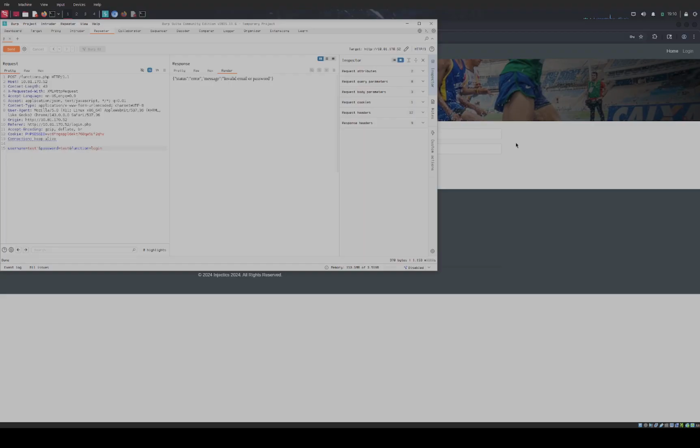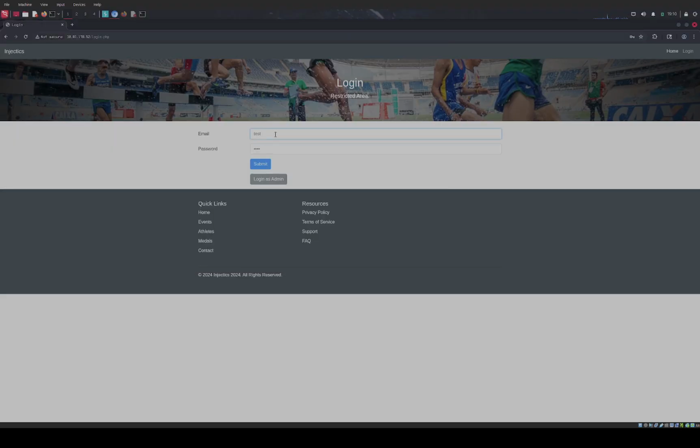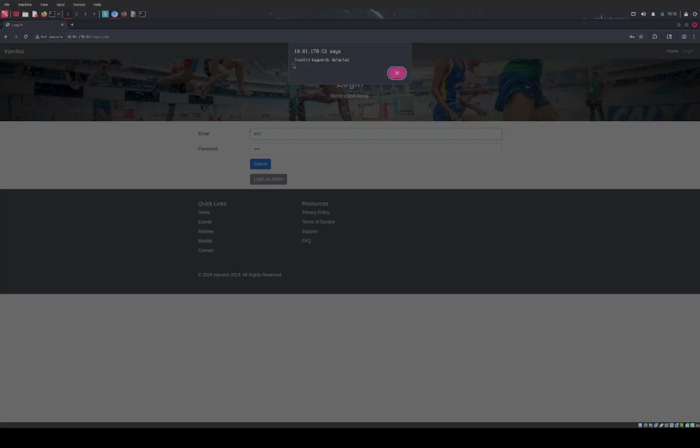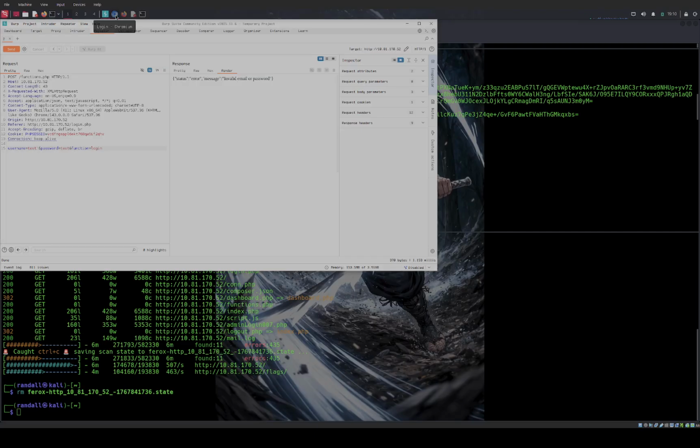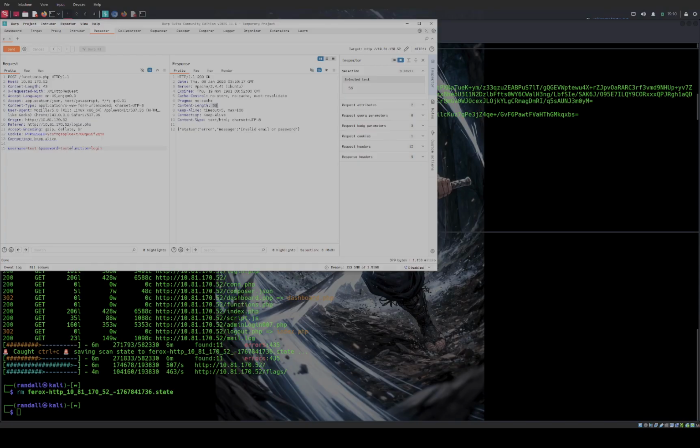We need to fuzz for, if you do it on here though, it says invalid keywords detected. So it is vulnerable to SQL injection. So let's fuzz for that. It's a 56 content length. We're going to use fuzz to speed this up. You could do it in Burp, but it's going to take a lot longer. So let's just copy the post and the host part,